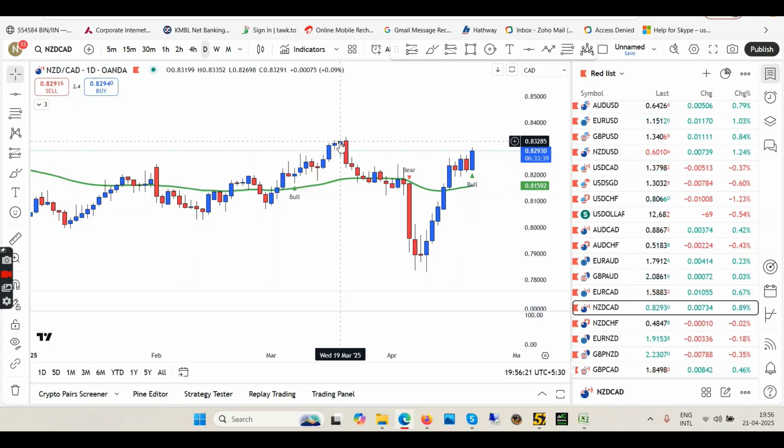For me, the good idea will be to enter after the pullback. I mean, some people can enter right now if you know what your lot size is. Remember, let me give you a bro and babe tip. Bro tip is for males and babe tip is for females. Some people might enter right now depending on your lot size. If you know what your lot size is, you can enter right now. But if you use a high lot size, get something into your head: you're not supposed to use a high lot size.